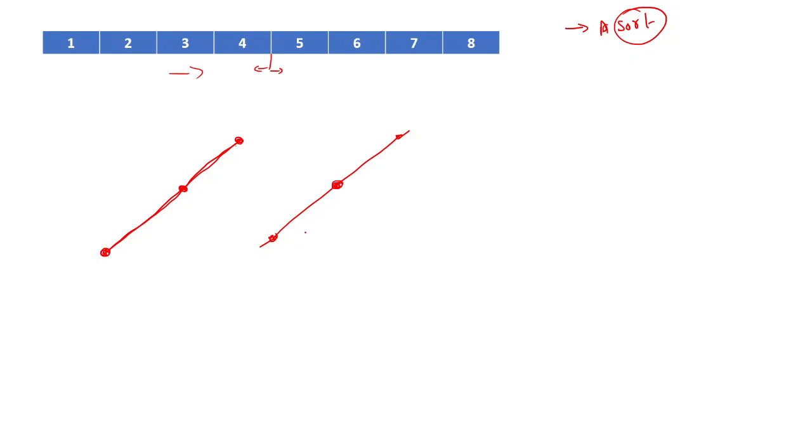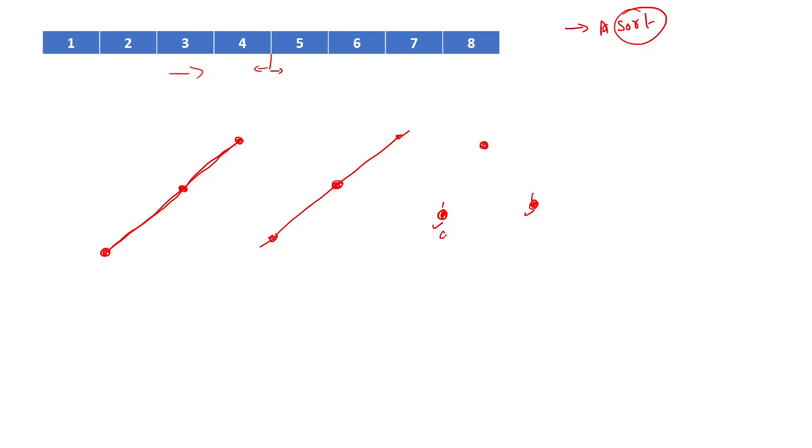To avoid this particular situation, we can do something like this. We take a minimum value, then we take a maximum value, then we again take a minimum value. What this will ensure is, when we take the average of these two elements, the element that we get will be a number between these two.